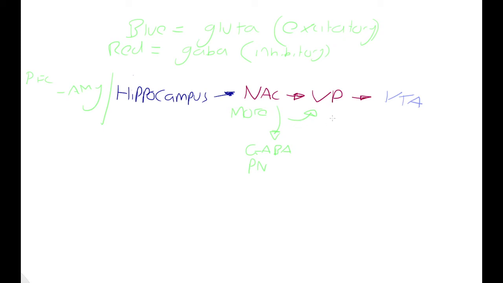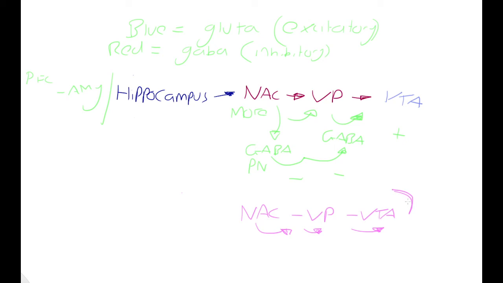And the ventral pallidum also has GABAergic projection neurons to the ventral tegmental area. So you have an inhibitory, inhibiting an inhibitory. So this is slowing down this. A negative and a negative make a positive, because this is becoming more negative. This excessive inhibition of the ventral pallidum by the nucleus accumbens is preventing the ventral pallidum from inhibiting the ventral tegmental area. And it's quite a hard concept to get your head around, because there's two lots of inhibitory, and because you have two lots of inhibitory and the VTA not being inhibited as much as it was is causing